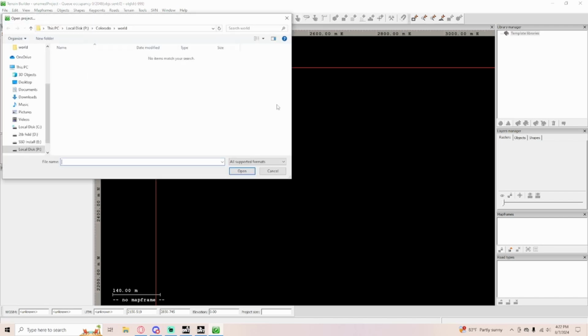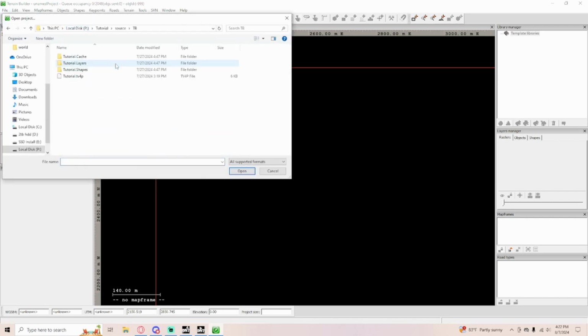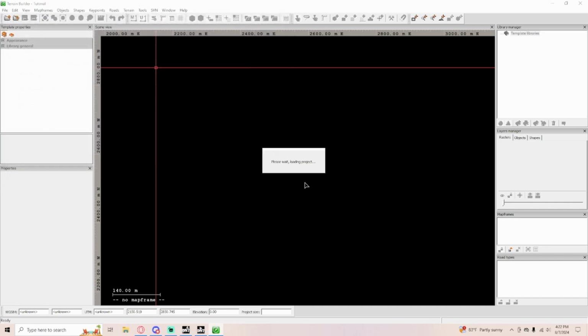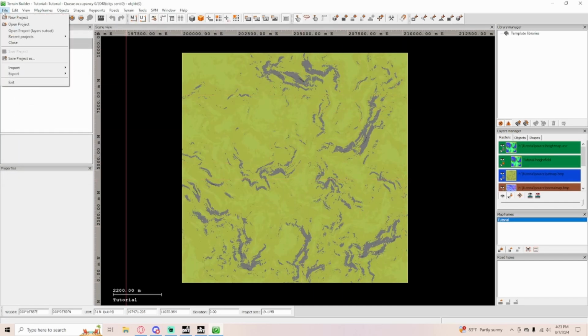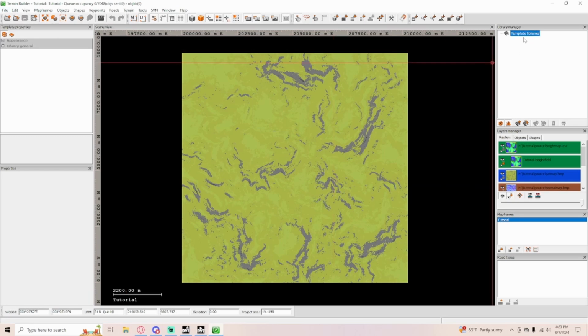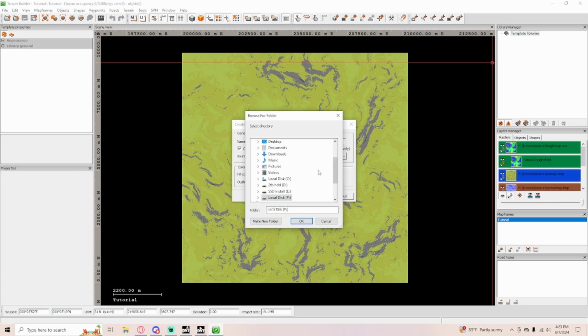We will open up our project, tutorial, source, TB, and that file. Now we have this. So first, you need to set your libraries. So we're going to create a library. So right click here, create a library. I'm pretty sure I already did this. I guess I just didn't save it. But you'll go in, name it whatever.